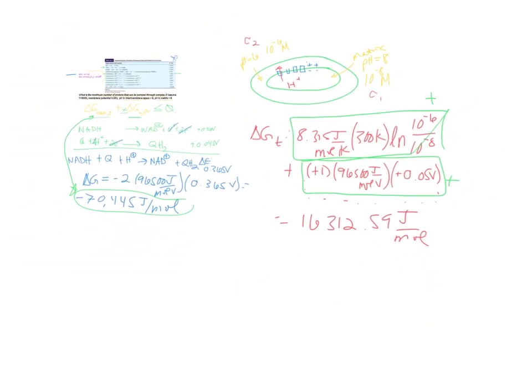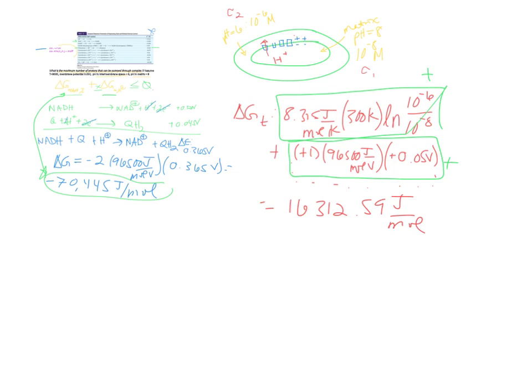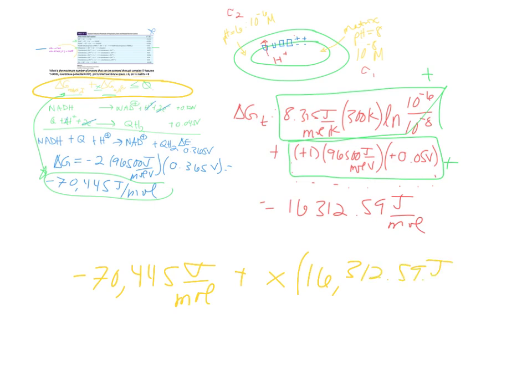Okay, now comes the fun part. Put them together. So I have, again, the magical equation is this one. So I've got negative 70,445 joules per mole plus X, where X is the number of protons that are going to be moved, times 16,312.59 joules per mole. So it has to be less than 0. Do your math. Move the negative 70,000 over, divide by 16,000, and what I get is